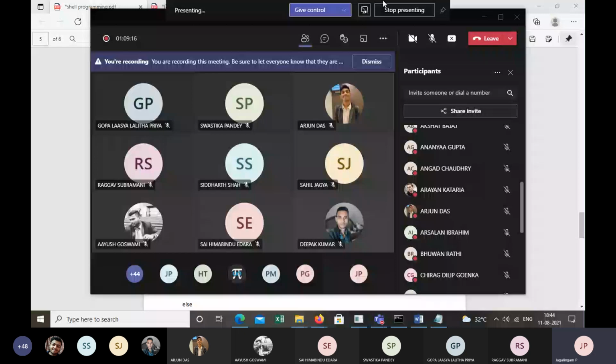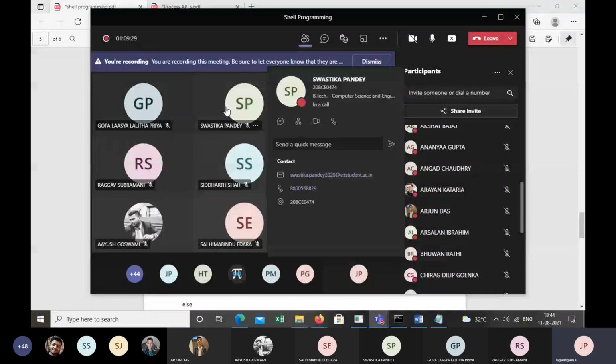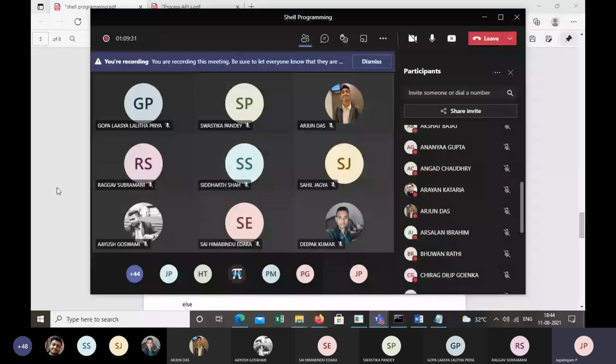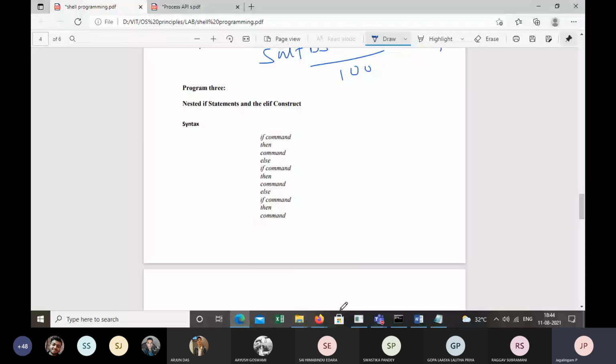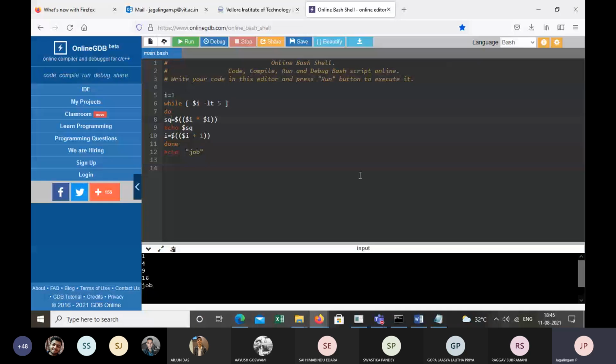Yeah, and we can also use nested if statements. Now, if you want to use nested if, this is the syntax in the shell script: if, then command, and so on. If you look at this example code, so what we have done here,